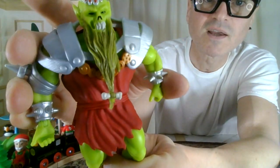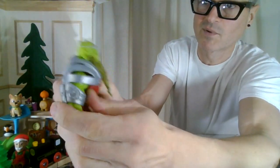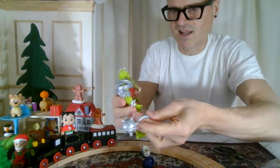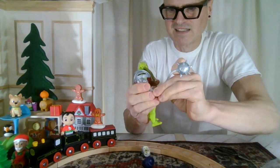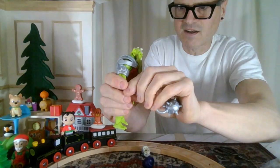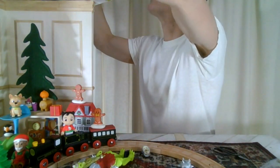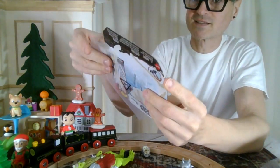That doesn't really work for me with the figure, but it still works for me because I love this line so much. I love these figures. I love that they're articulated now, and I love that they're modular, and I love the color of him. What a great figure. So that's Demo Man. I don't know what else I can tell you. I can't believe I forgot the made-up story, but nonetheless,